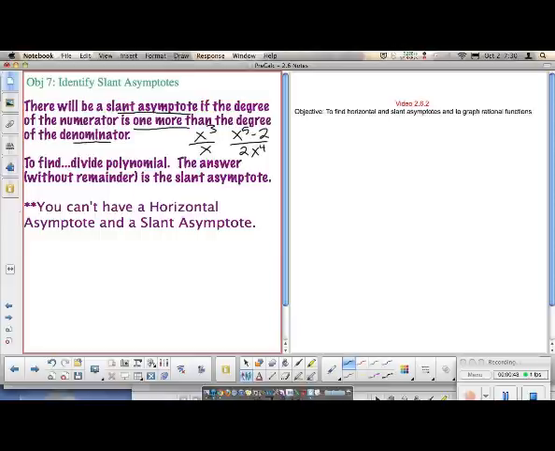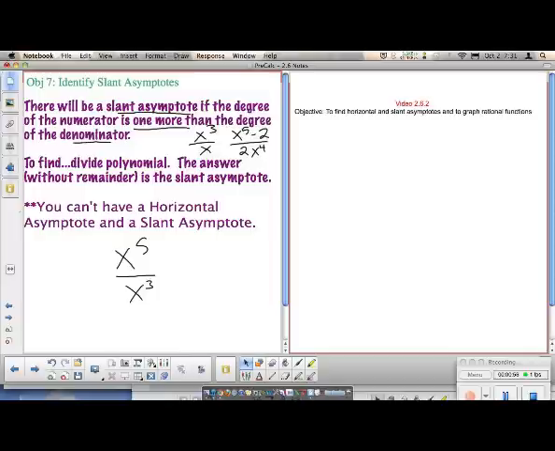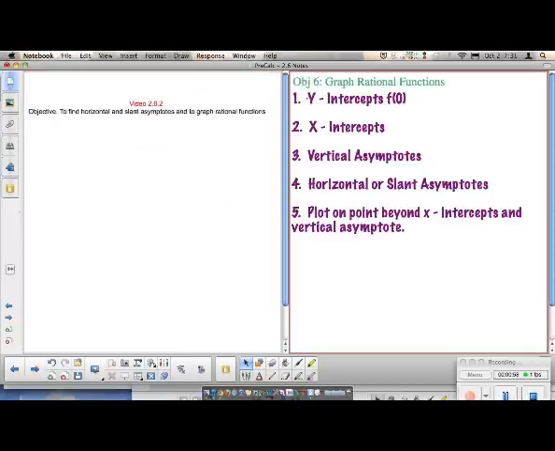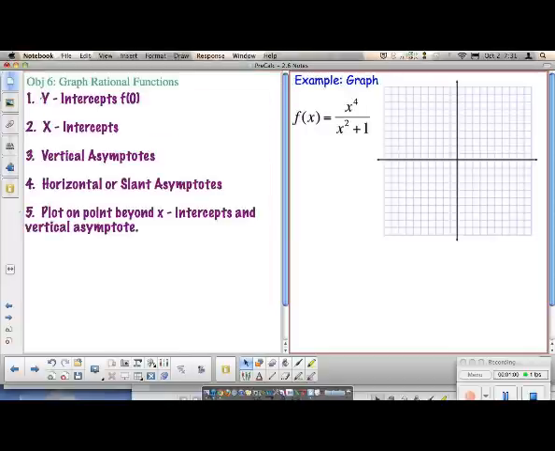If I put x to the fifth over x to the third, remember that graph will shoot off to infinity, because the denominator is so much smaller than the numerator for really large numbers. So let's take a look at some of these graphs and the steps we're going to take. So we're going to find our key points like our intercepts. We're going to find our asymptotes, vertical and horizontal or slant. And then we're going to plot some points beyond those key points that we already have to kind of see